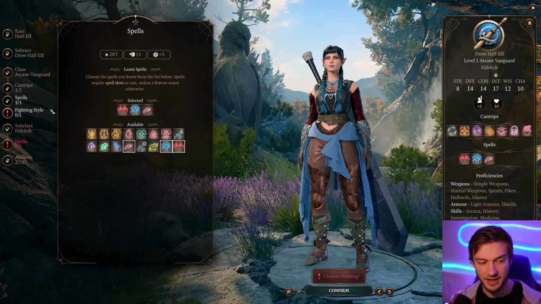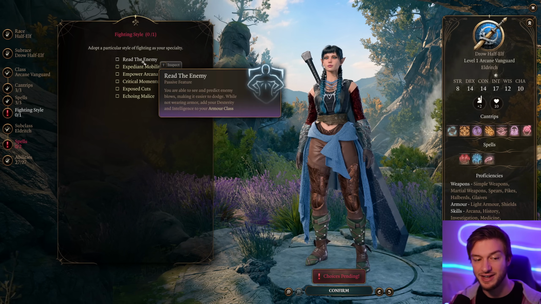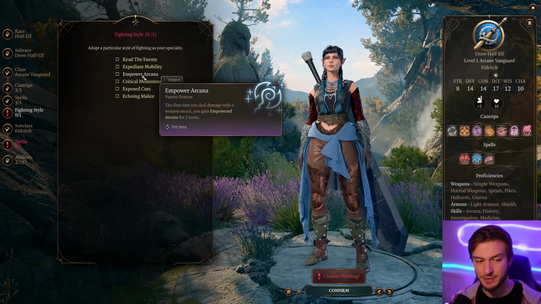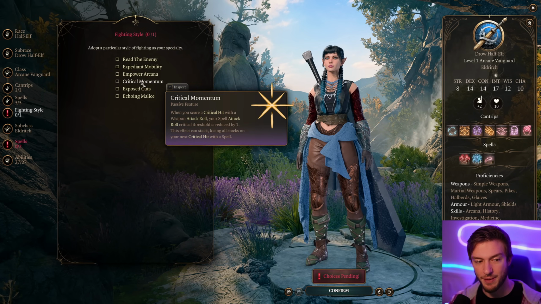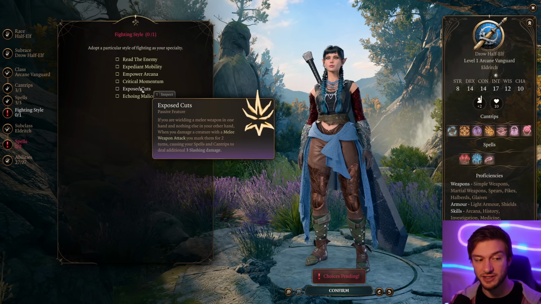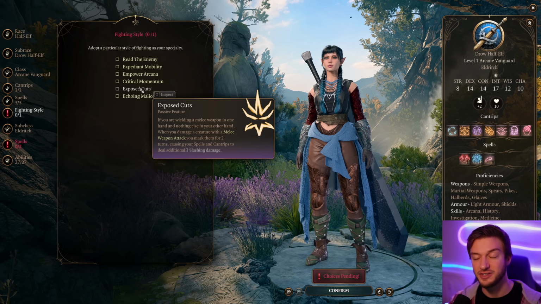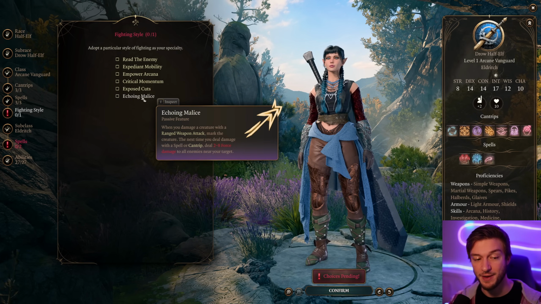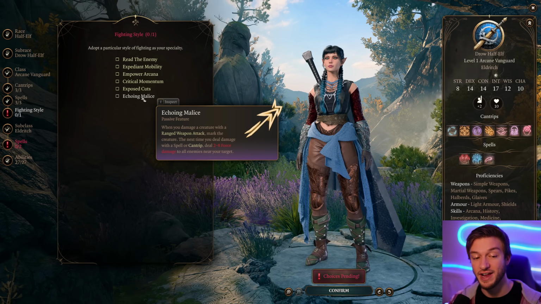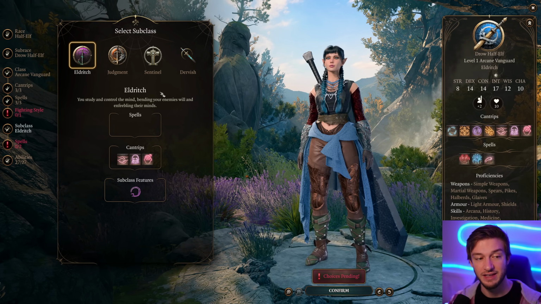And yeah, you get choice in spells, but you also get some cool fighting styles, like the ability to add your intelligence and dexterity modifier to armor class, increasing your movement speed by 6 meters, giving you the empowered arcana when you hit with a weapon attack. Whenever you hit a critical hit with a weapon, you can increase your spell critical hit chance. Expose cuts increases the melee, making your spells do more damage when you hit with a melee. And this one makes your spells or cantrips steal more when you hit with a ranged weapon attack. So a good combination between juggling the physical and the